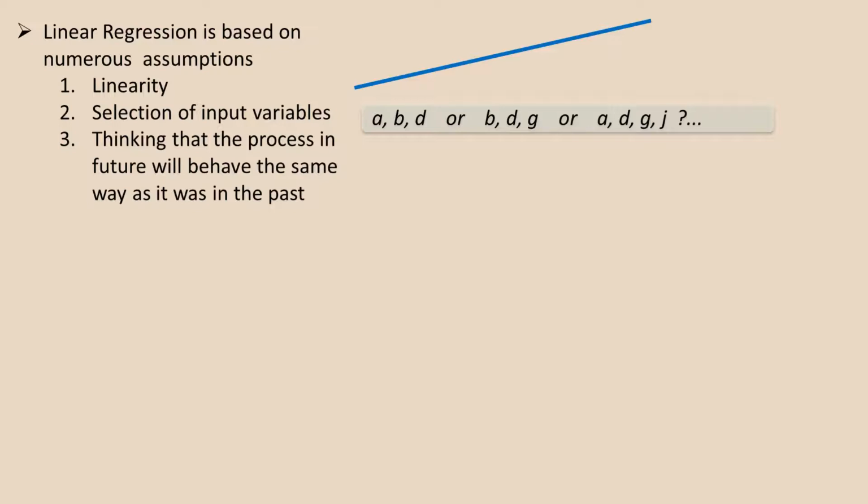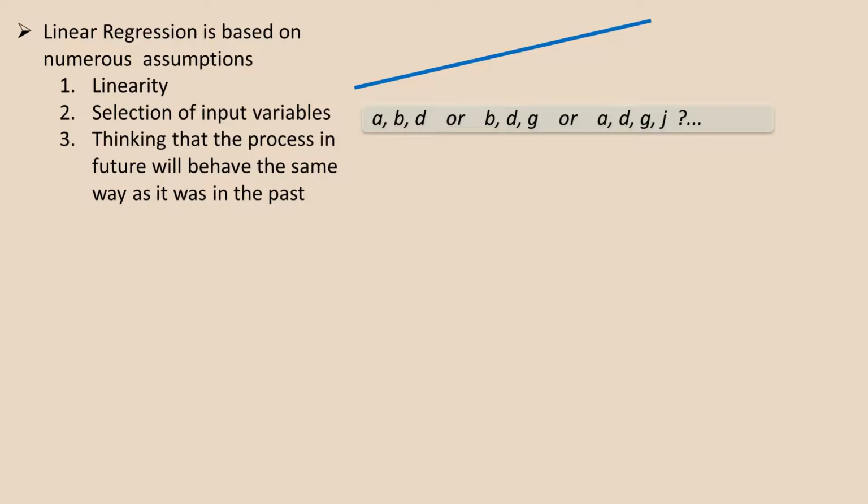Too many means that you may include some input variables which are totally irrelevant for your task. So you can put in some variables which do not define your output value at all. However, if you formally apply them, it will very much complicate the model, and it will potentially lead to some errors. Or you can use too few, which means that you may not include an input variable which is very important for you. And the variables you are using may be not as important as that other variable.